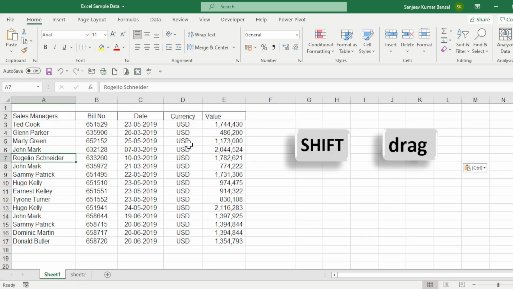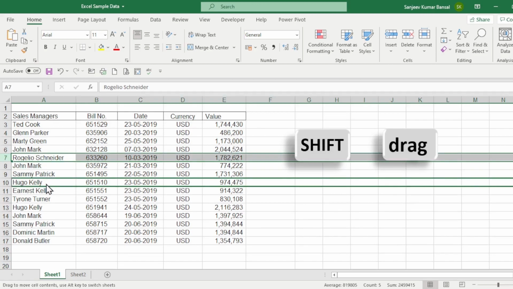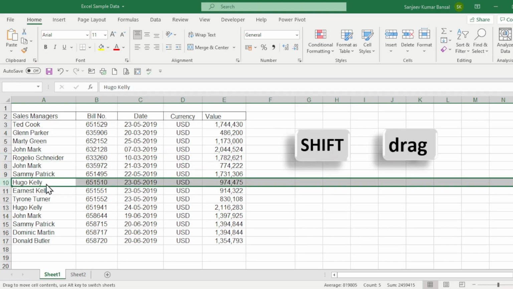So, to move data from one place to another, like if you want to move this row to this place, the system will not allow you to place that row, and there is an error message because there is already a record.